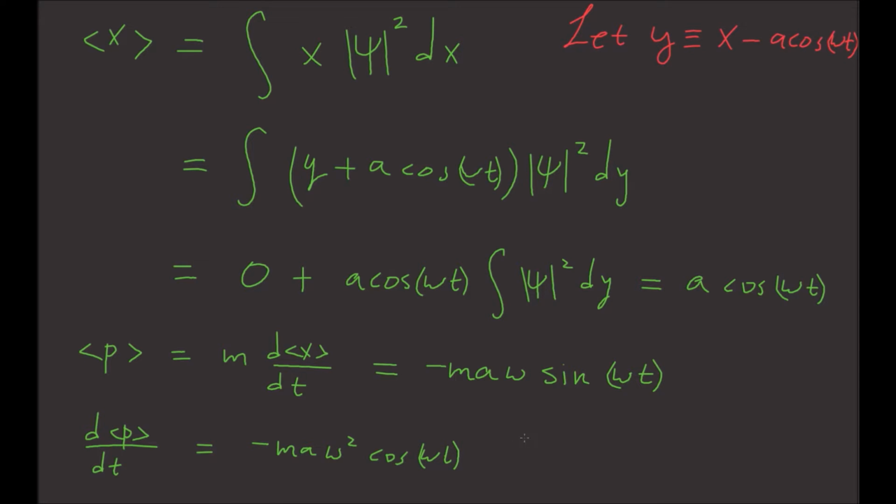And we know that the potential energy here is the harmonic oscillator potential energy, 1/2 m omega squared x squared. Let's take the x derivative of that, so dV/dx is equal to m omega squared times x, and finally if we take the expectation value of the negative of this,